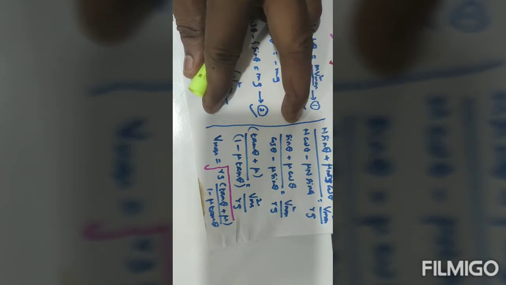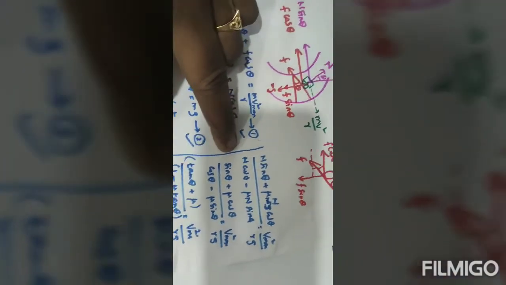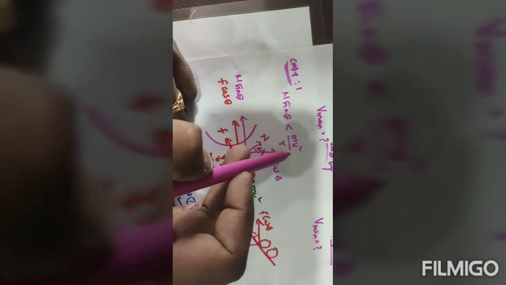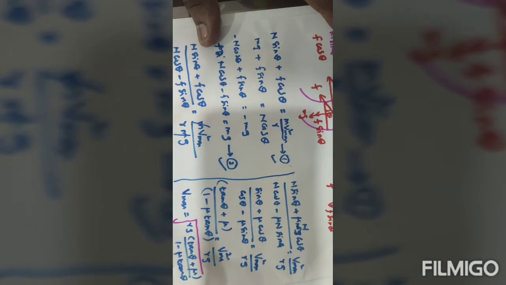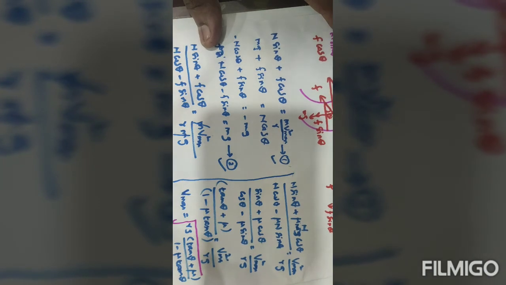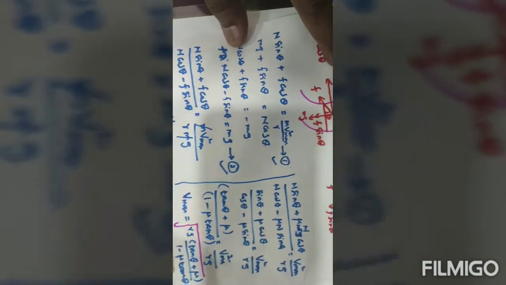It is the relation if that n sin theta value is less compared with mv squared by r. So this is also a very important derivation, both having the angle as well as the friction method. Then here case 2 is there, that is, n sin theta is greater compared with mv squared by r. So what happened? Okay, let's see that.